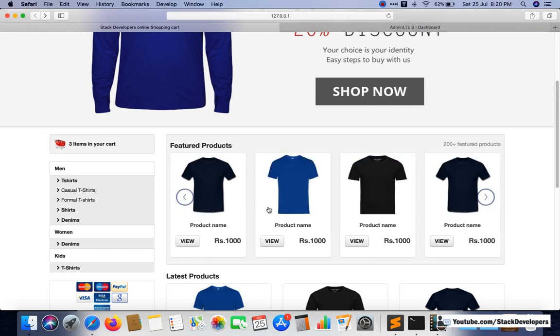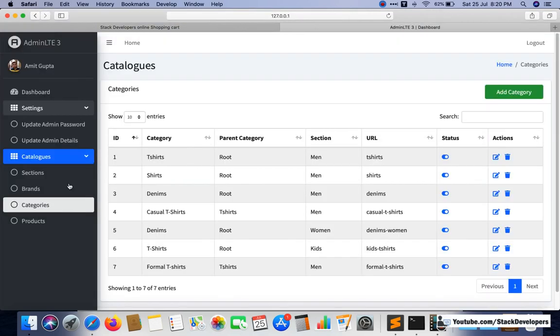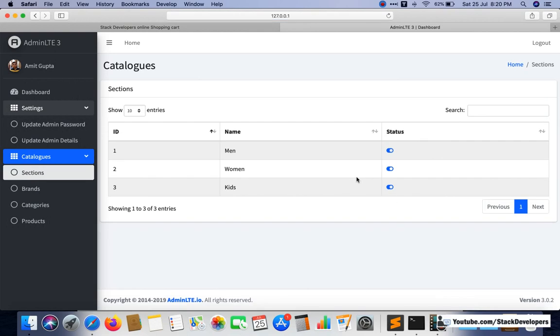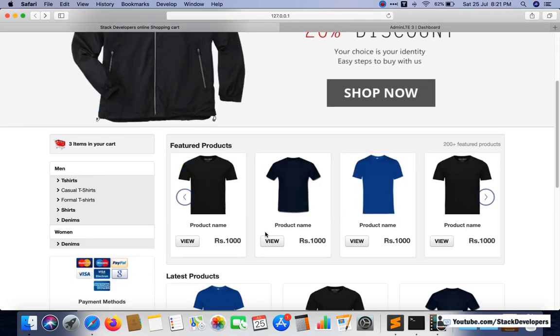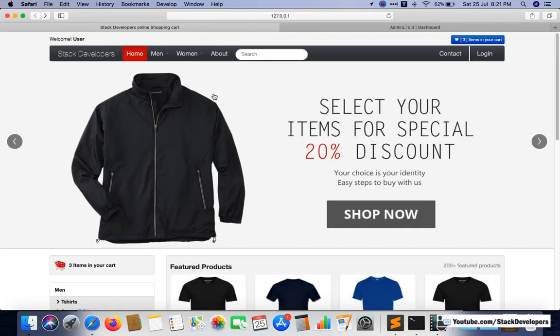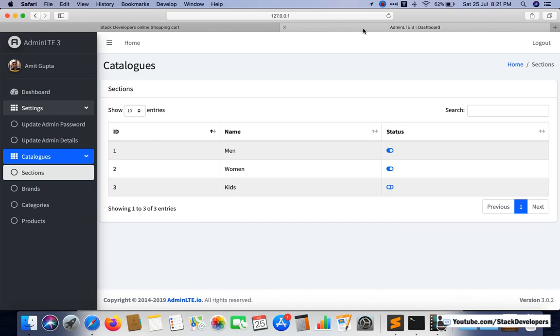I can remove also, but first of all I am going to disable some sections. Okay, so I'm going to disable the kids section. Here I want that kids now must not come, because I have disabled the section, and you can see kids gone away from here, and at top also kids have gone away because I have disabled it.